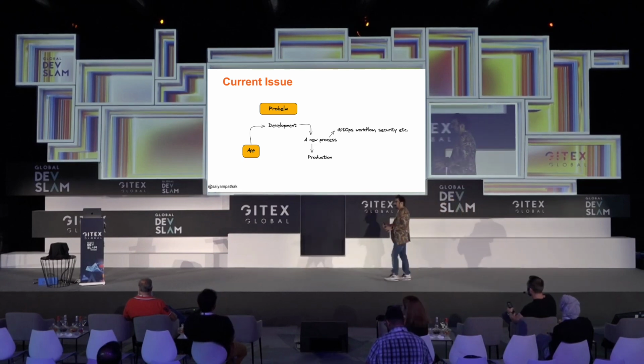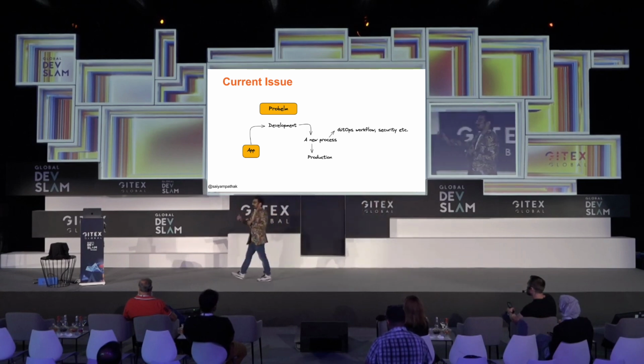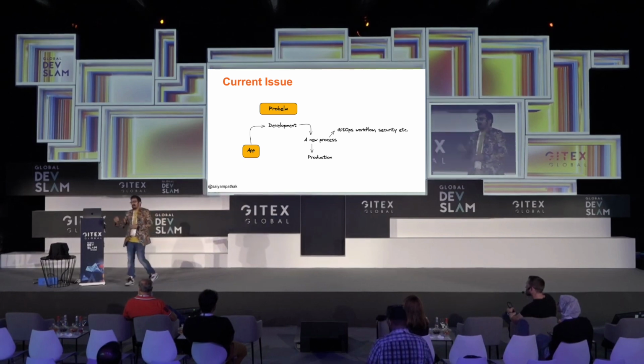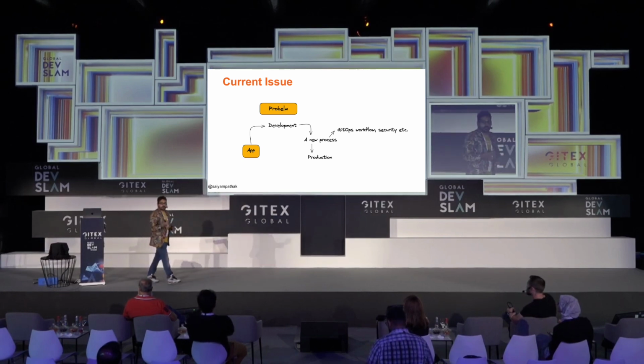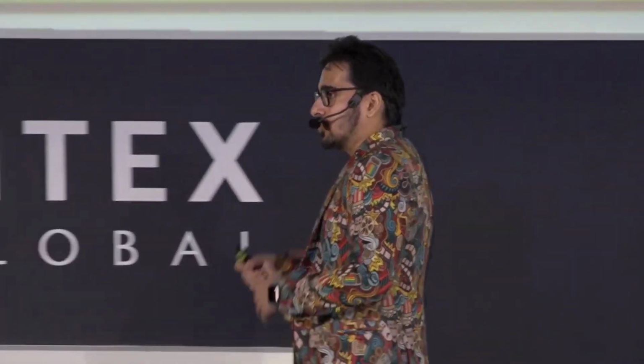But again, when it comes to Kubernetes and application deployment, you need to learn a lot of concepts. So let's say you have to deploy an app A. To deploy that application on Kubernetes, you need to learn a lot of core Kubernetes concepts, like what is an object, what is a deployment, what is a replica set, how do you expose it as a service, then how do you expose it to the outside world as an ingress. For that, you need an ingress controller, then certificate management, Let's Encrypt, cert-manager. So there are tons of concepts that you need to go through in order to deploy even a simple Hello